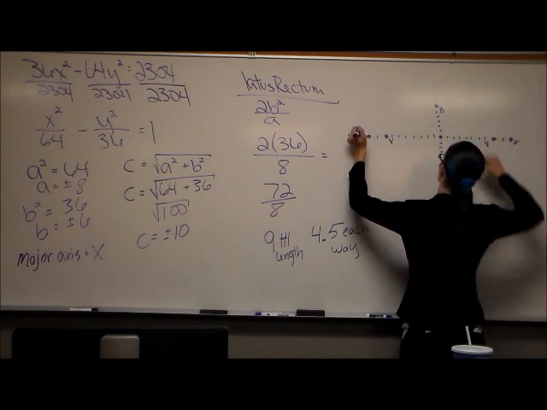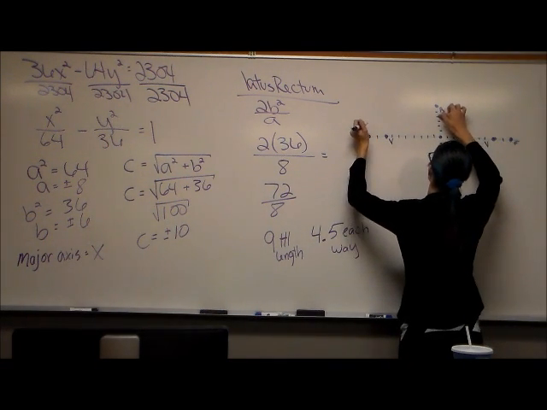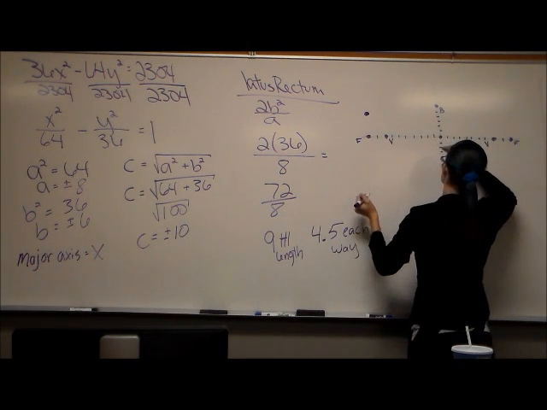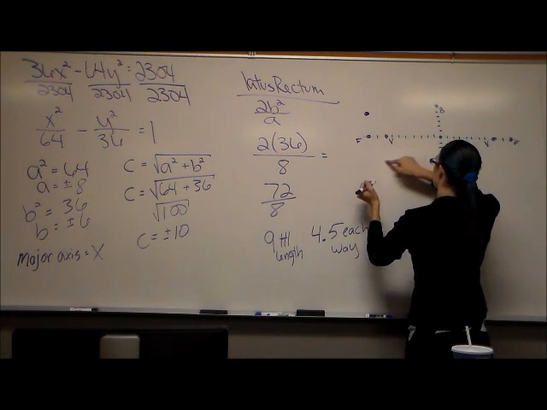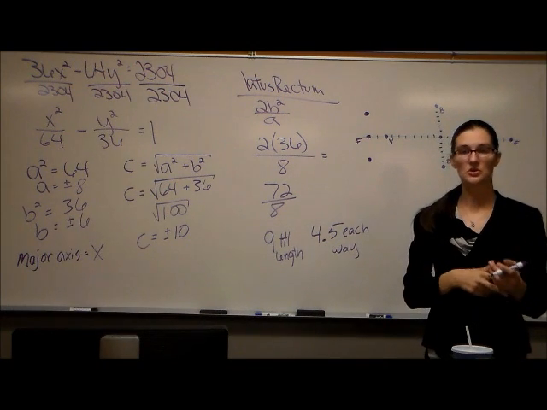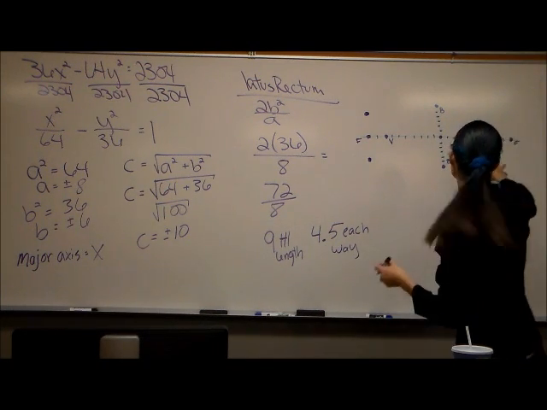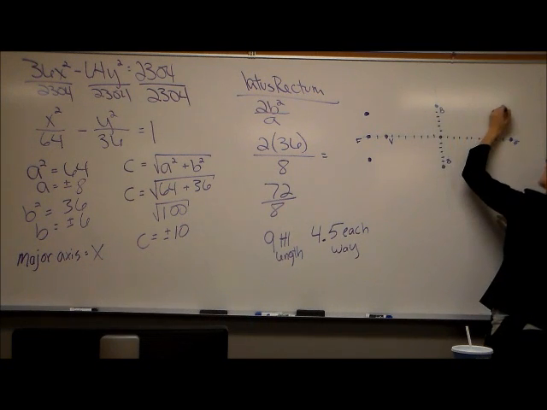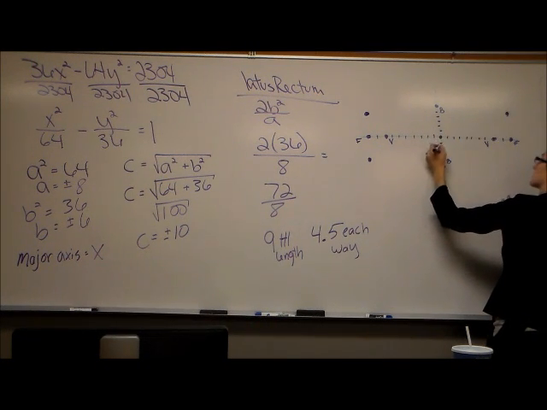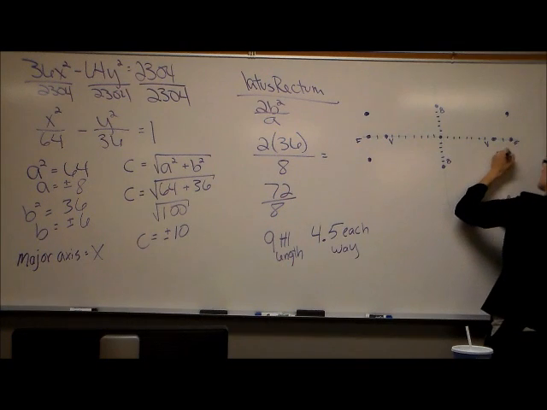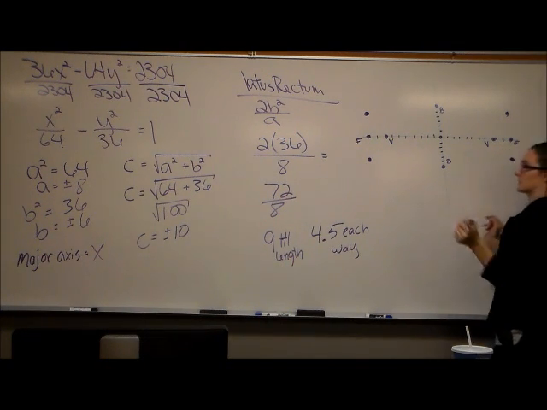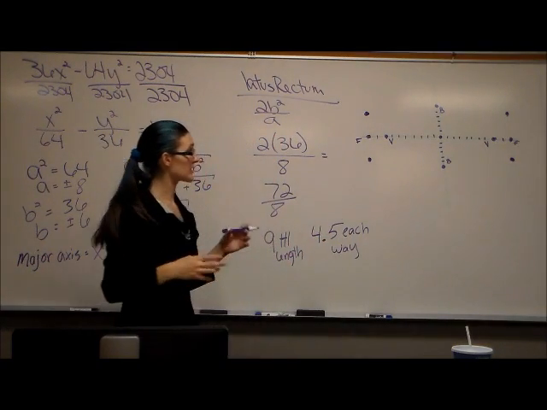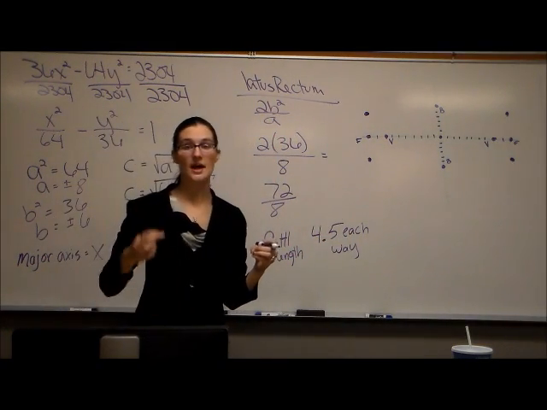So from here, you're going to go 3, 4.5. It's going to be about right there. 2, 3, 4.5. With 2 foci, you've got 2 latus rectums. So make sure over here you get it going 4.5. So we have the ends of our latus rectum, we have our vertexes, we have our foci, we have our